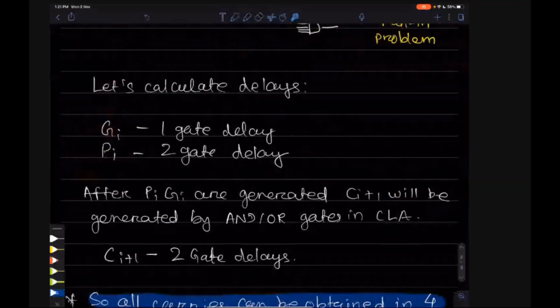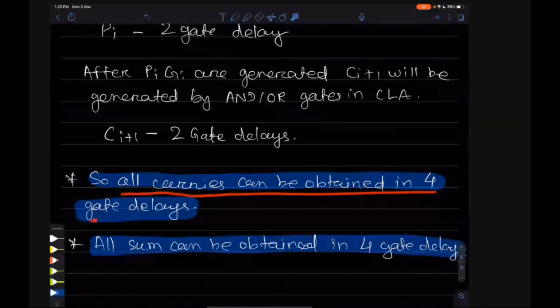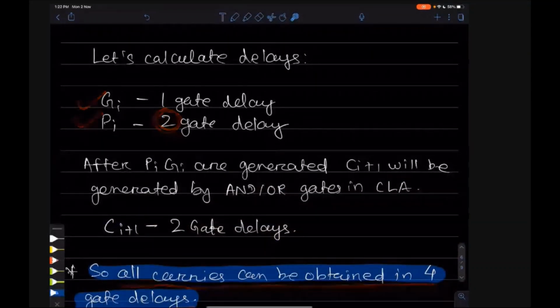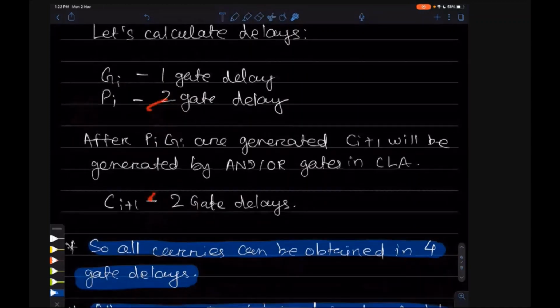So now the total number of delays we will calculate. All carries can be obtained in 4 gate delays. Why? Because 2 gate delays are for Gi, Pi and 2 gate delays are for calculating Ci plus 1. So total 2 plus 2, 4 gate delays are needed.